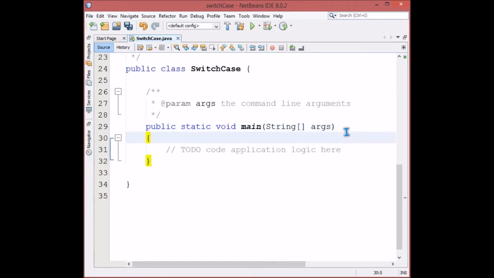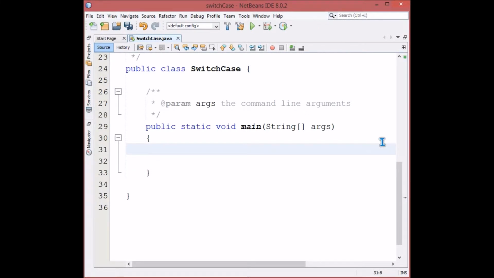What we'll do is ask for a grade or a character from the user, and depending upon that letter, we will show the marks to the user. So let's make a character, that is alphabet.